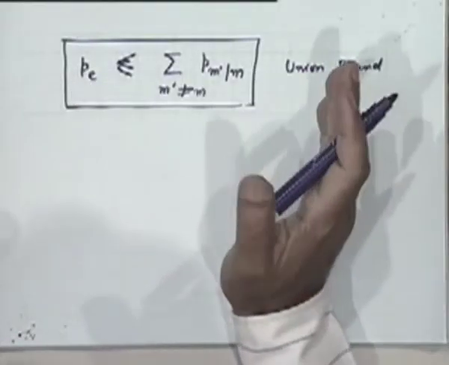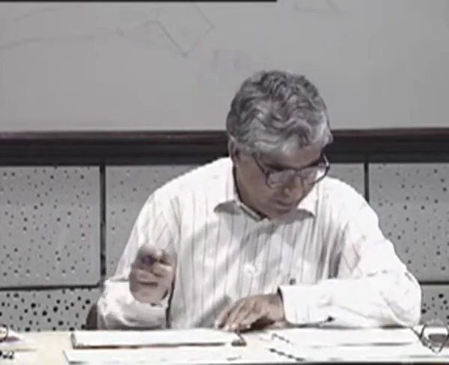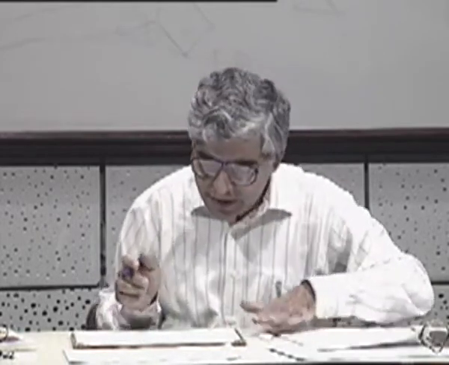Because after all, P sub e is going to be a probability, and anything less than 1 can also be bounded by something greater than 1. In that case, that bound will be useless, right? True, I agree with that. But let's see how useless or useful this is. Okay, so is the union bound argument clear to everybody?